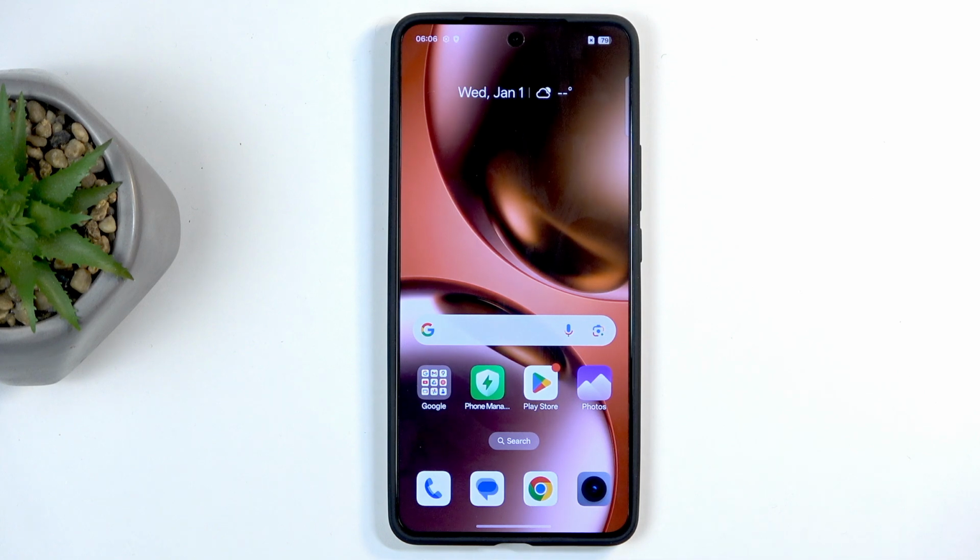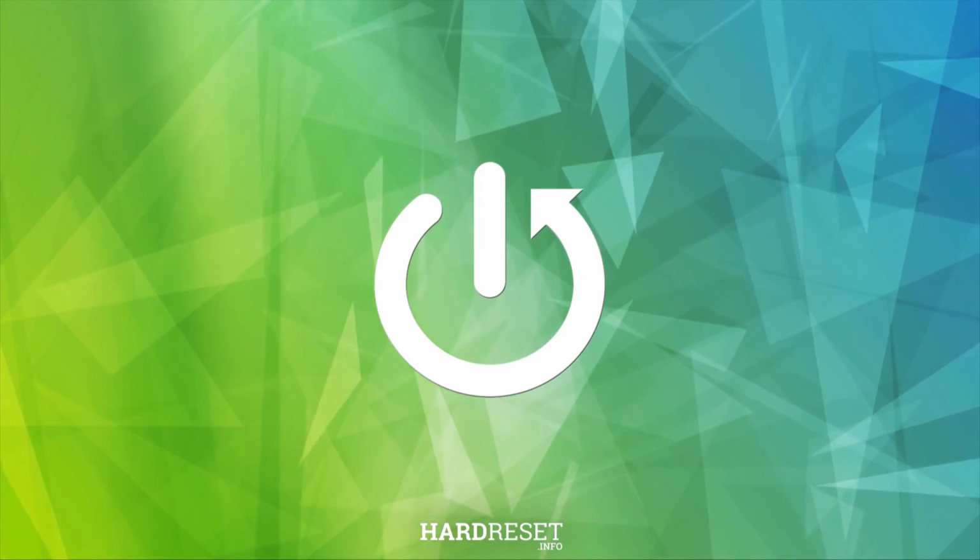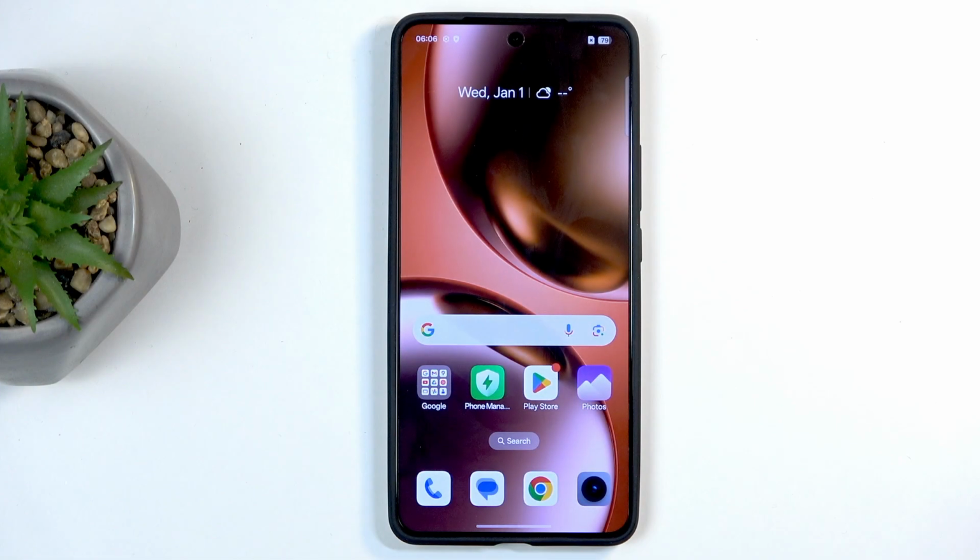Welcome. In front of me is a REALME GT 7T, and today I will show you how we can hard reset this device through recovery mode. So, to get started,